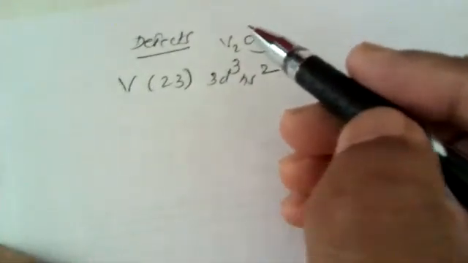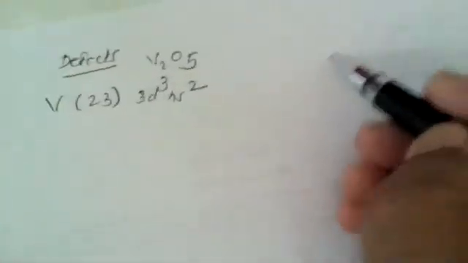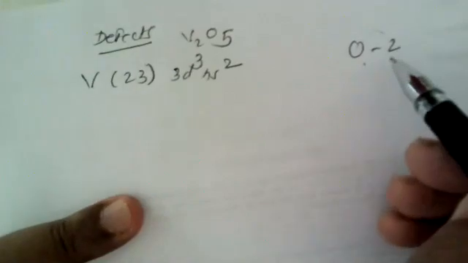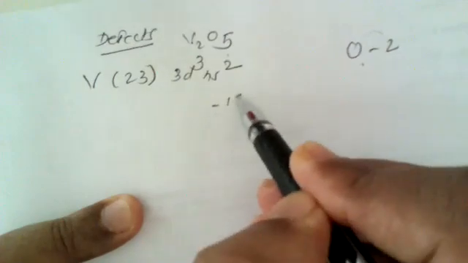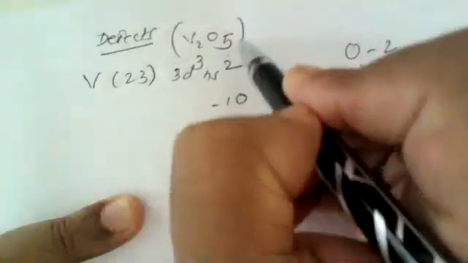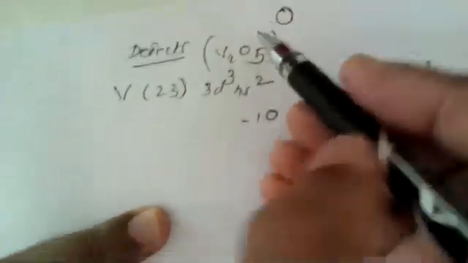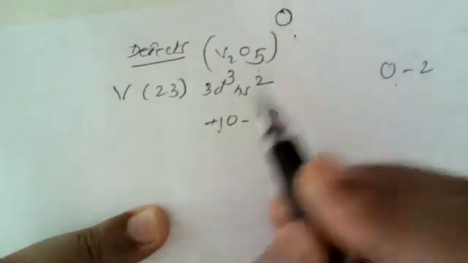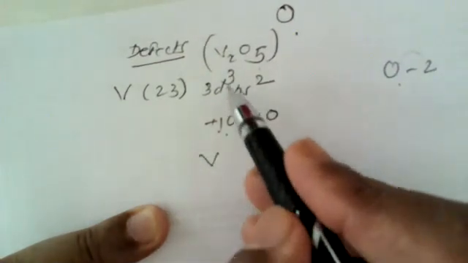What is the oxidation state of vanadium here? As we know, oxygen is always in the -2 oxidation state in all of its stable compounds. So for each oxygen it is -2. As there are 5 oxygen atoms, 5 multiplied by -2 is -10. So to arrive at zero charge on V2O5, V2 must be in the +10 oxidation state. So +10 -10 is 0. But +10 is for 2 vanadium atoms. For a single vanadium atom, it is half of this.